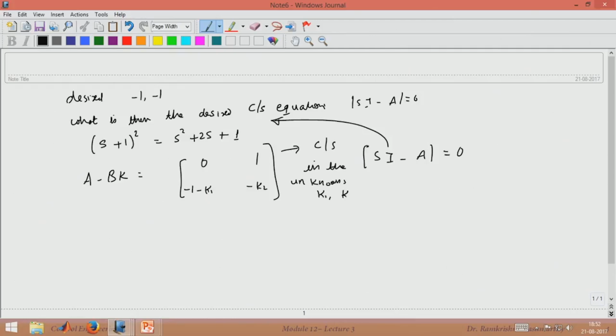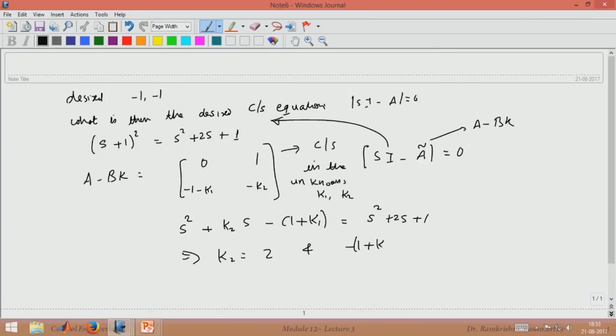Unknowns k1 and k2. So this actually is A tilde, right? A tilde is actually A minus bk. So if I write down the characteristic equation, after all the computations, it will look something like this: S square plus k2 times S minus 1 plus k1, and this should be equal to the desired one, that is S square plus 2S plus 1, which means that k2 is 2 and minus 1 plus k1